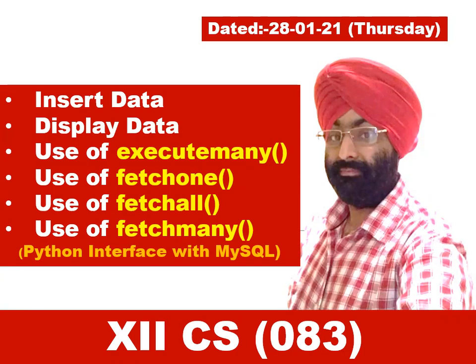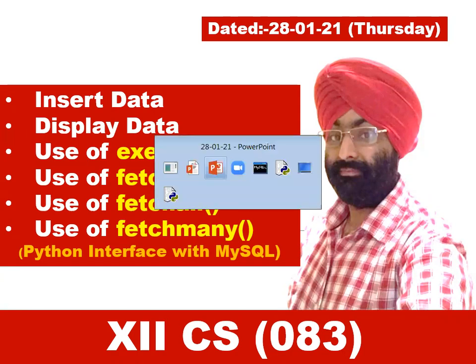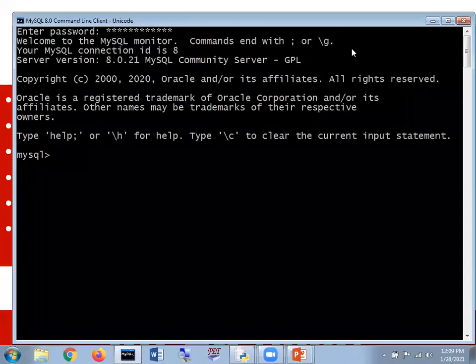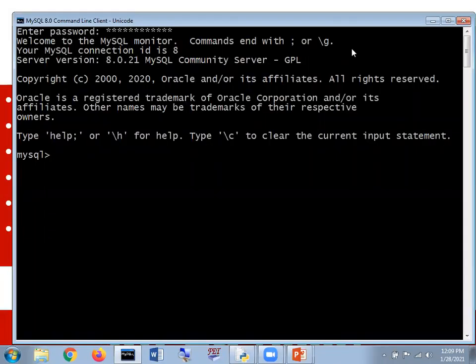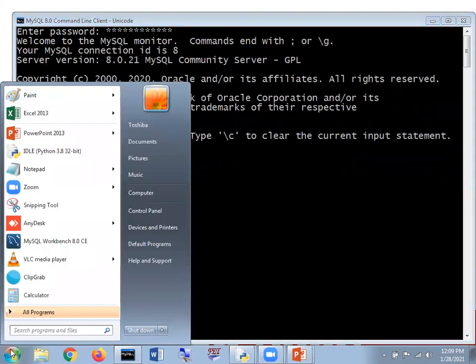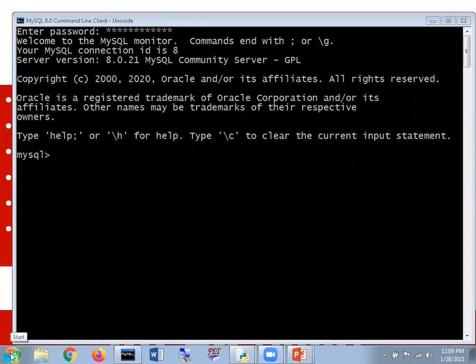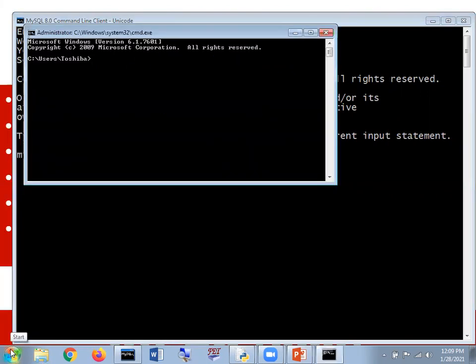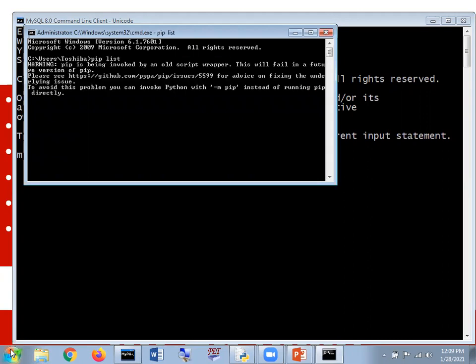Okay, my dear respected students, first of all, it's my humble request: whenever we are supposed to perform any kind of practical which relates to a Python interface with MySQL, first of all, we are supposed to click on the start button, type CMD, that is the command prompt, and type the command pip list.